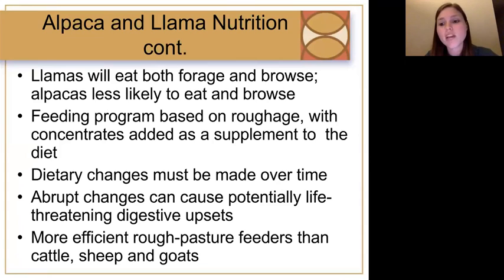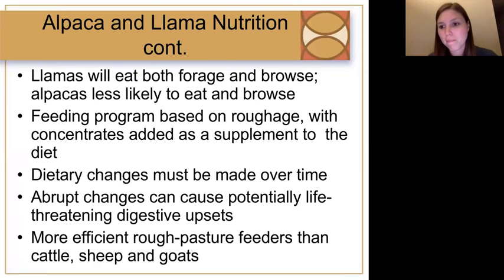And so that can be true too with puppies or really any kind of dog or cat. If you're going to change their feed over to a new brand or something like that, you really want to start adding it into what they're already eating very gradually, and that will prevent them from getting sick. But some animals are a little more prone to that than others. He's been the worst dog that I've ever had about that. So it kind of depends.